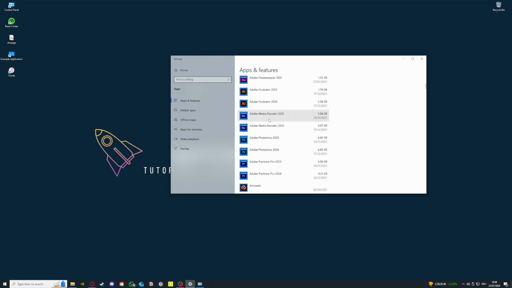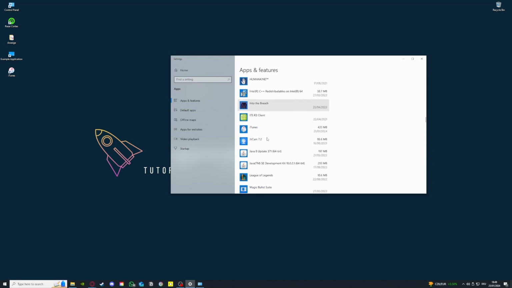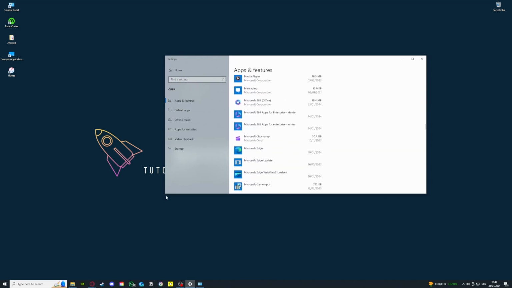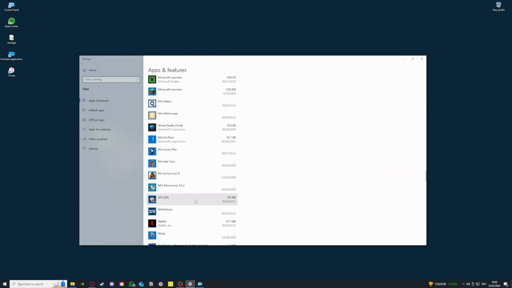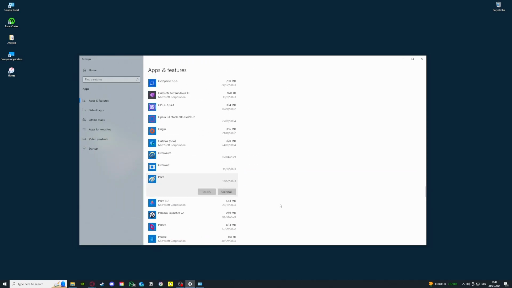Pretty simple. You can also do this in your settings. It's a lot more appealing graphic wise. You can also just left click and then press uninstall. For example, if I want to uninstall Paint. If the previous fixes didn't help you, I would recommend doing it for once. And after that, if there's still an issue, which most of the time